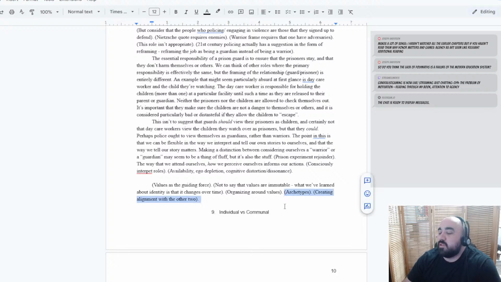I'm not sure if I quite believe that. I think archetypes are just kind of a different way of... I think values, identity, and archetypes are kind of all different ways of referring to the same thing, which is the storied ways in which we make sense of reality, which is like